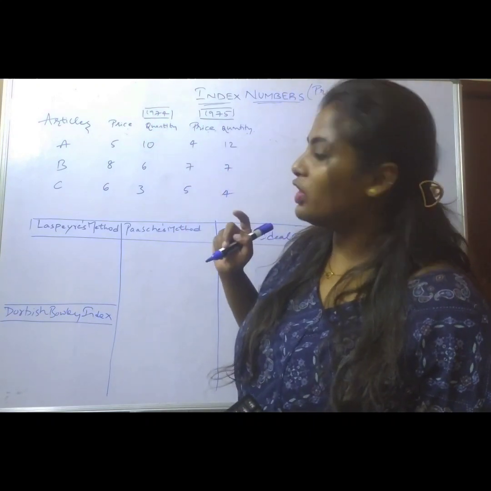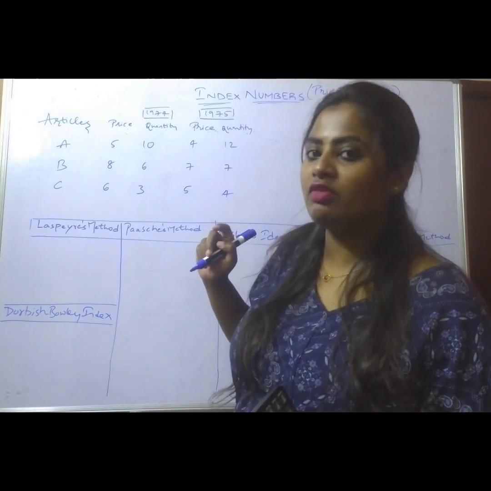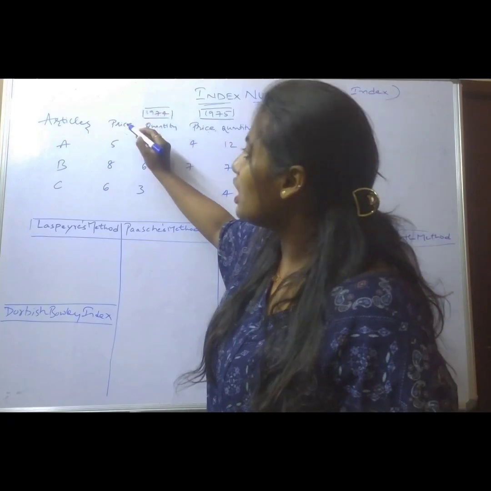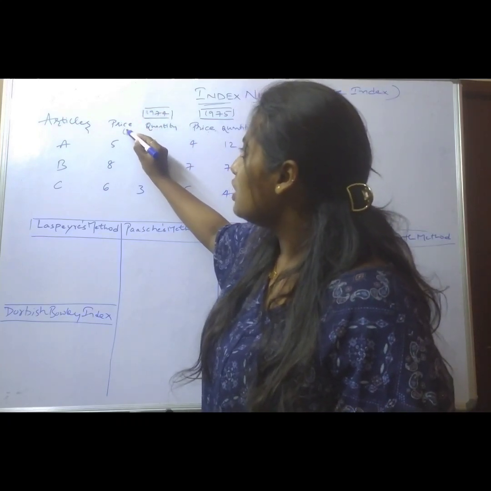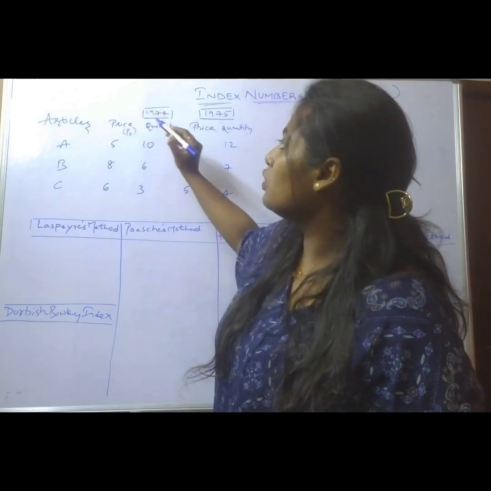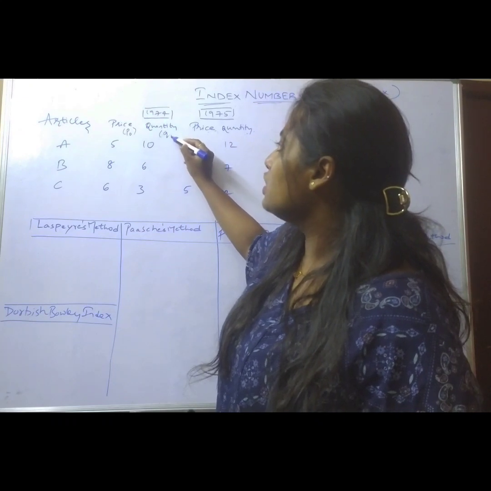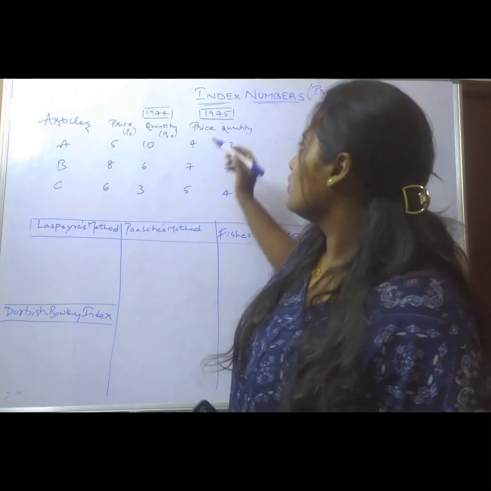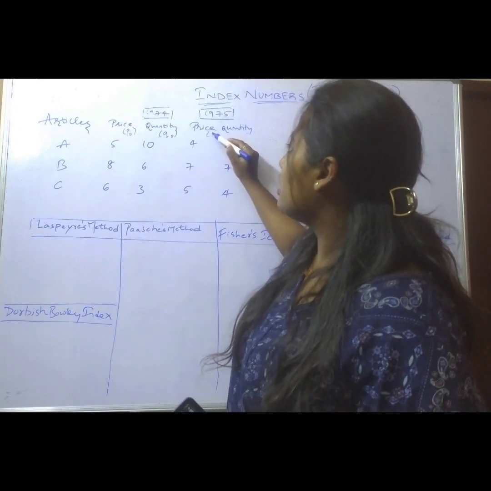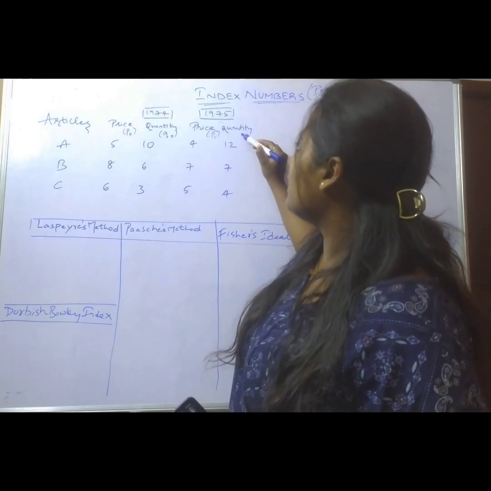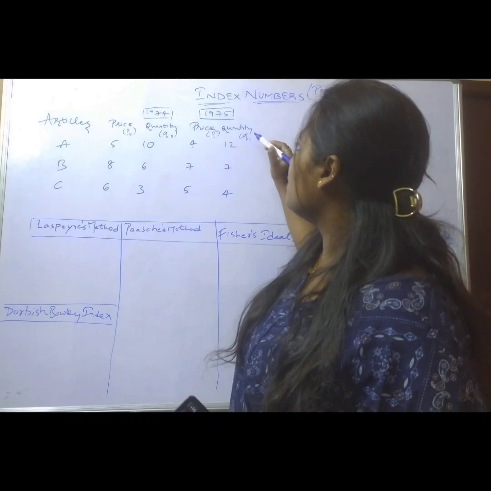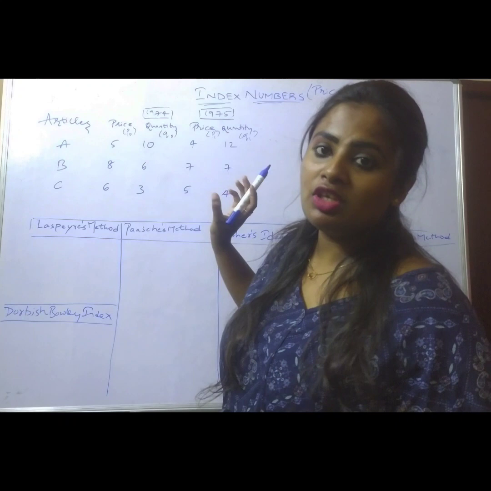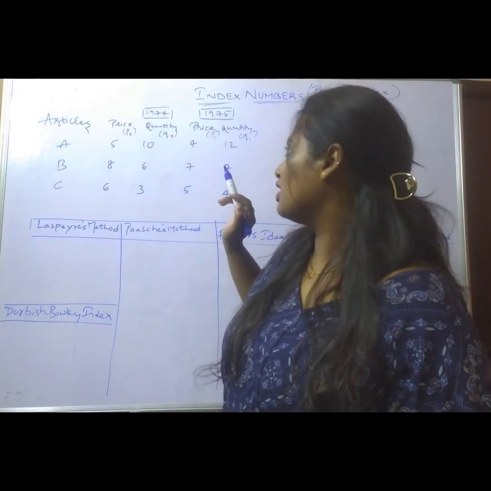The first year that we get is 1974. The first year will be called the previous year. For the previous year we are going to name our price as P0 and our quantity as Q0. Now 1975 will be our current year. So current year price we are going to name as P1, and current year quantity as Q1. Naming is very important for your prices and the quantities.